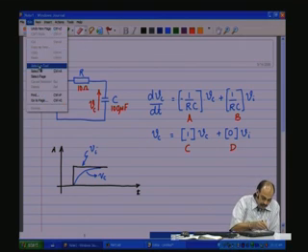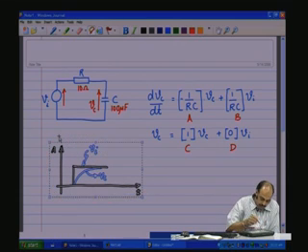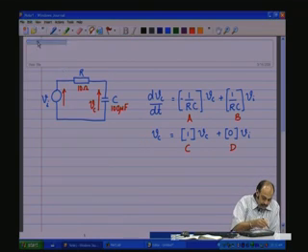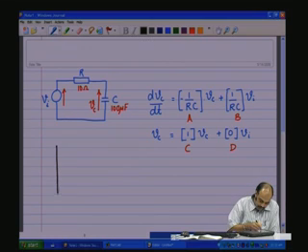Let me make some space here. We shall delete that. So, now in the frequency domain, we like to plot